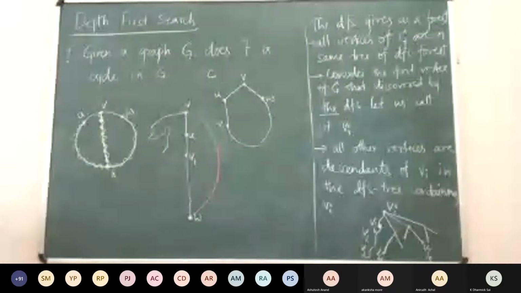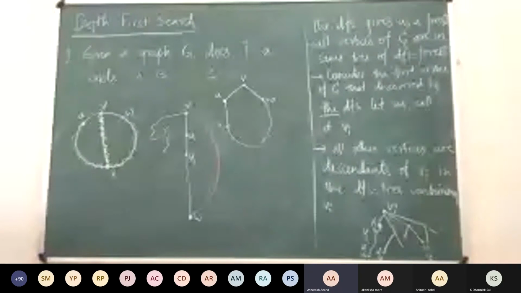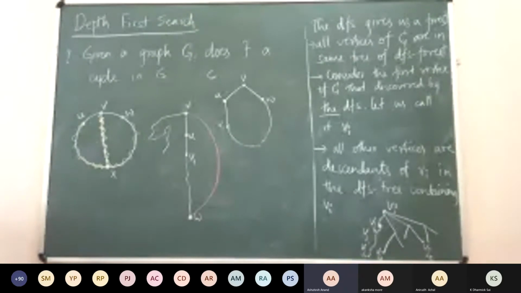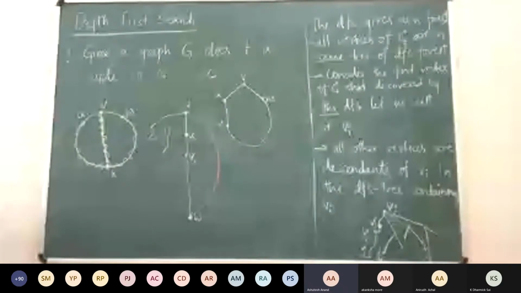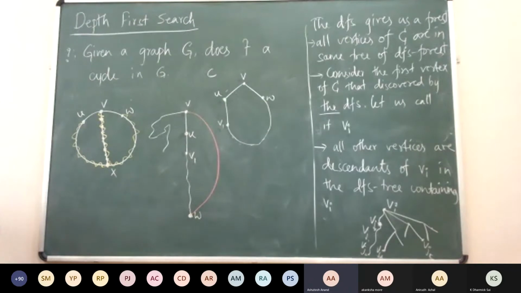Is that fine? Yes, sir. One more way I thought of is, instead of deleting V from the graph, if we just delete the edge VW from the graph, so we are choosing the DFS traversal to travel everywhere other than the edge VW. But then once we try to add it back, we can't, because there already exists a path between V and W, and that creates a cycle. So VW has to become a non-tree edge. Wonderful, that's also nice, right?